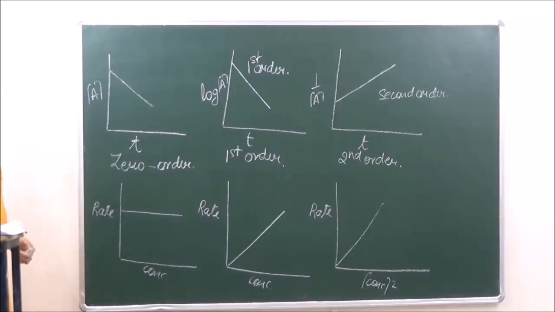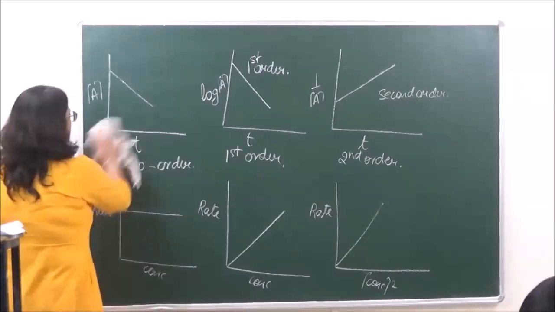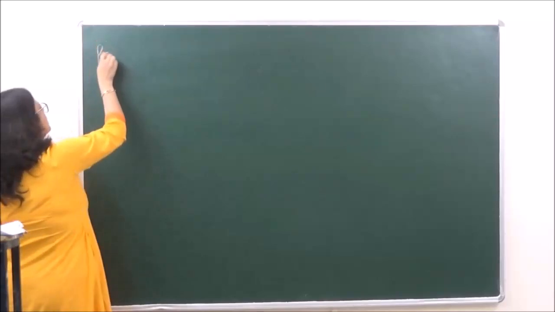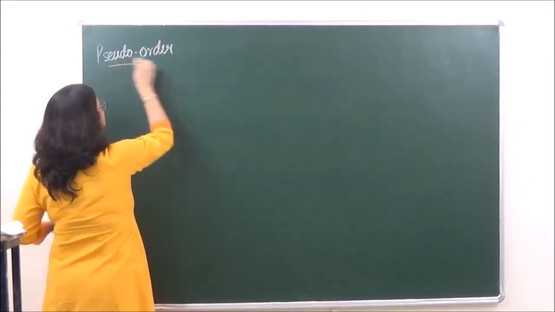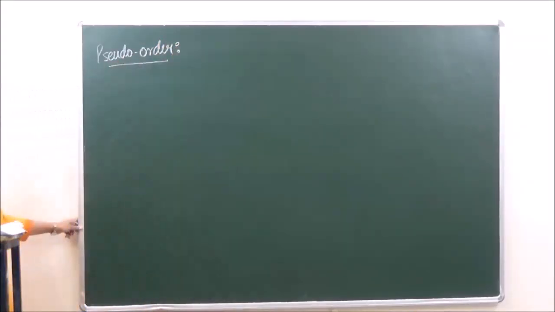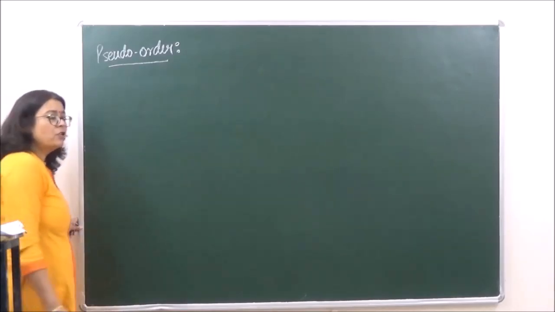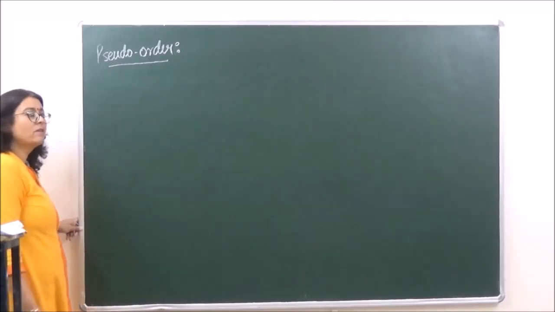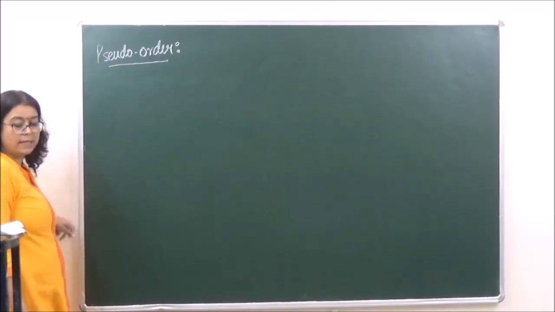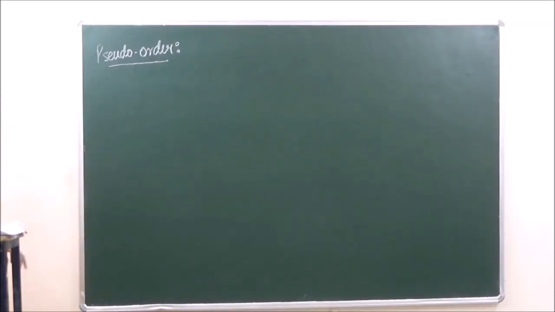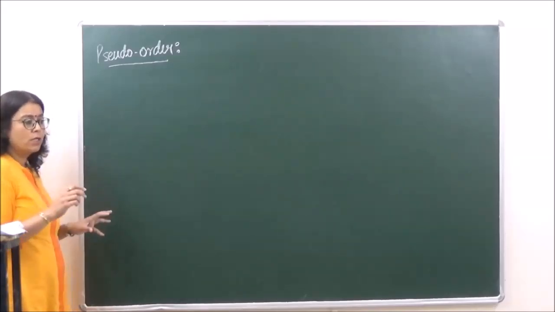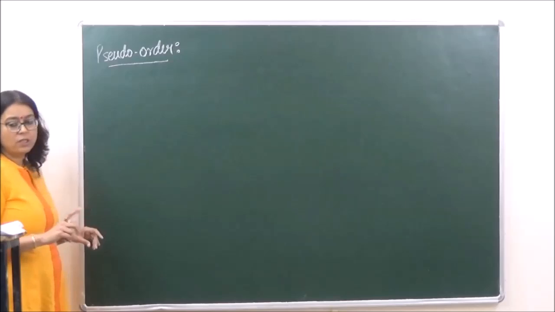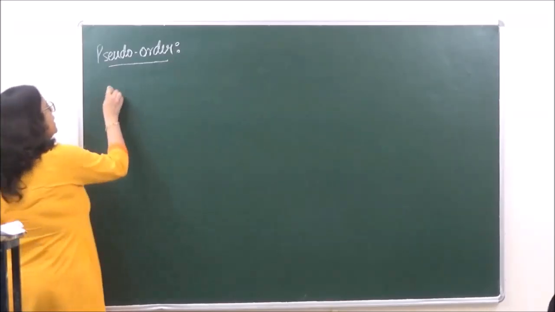Then the last topic for today is pseudo-order reaction. Pseudo means false. So pseudo-order reactions are those reactions which appear to have some other order, but they have a different value for order of a reaction. So basically what we are expecting from the expression of the rate law is not going to be the order of the reaction. As for example, if we are taking